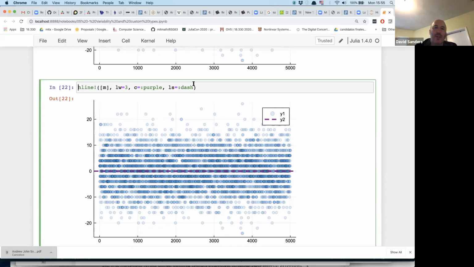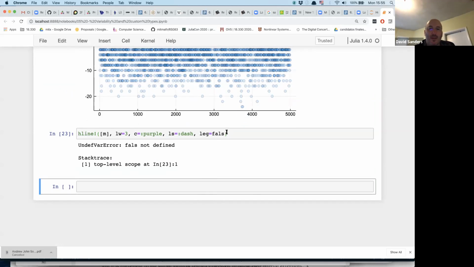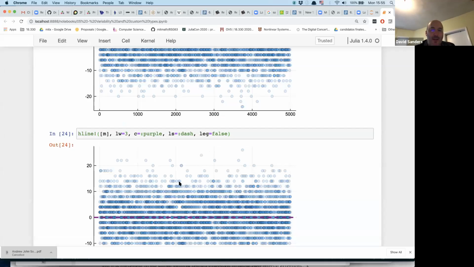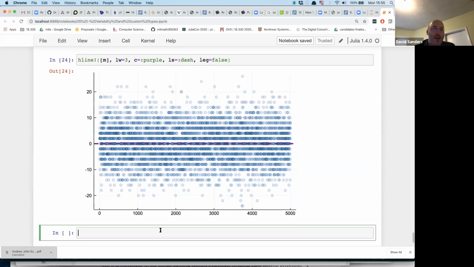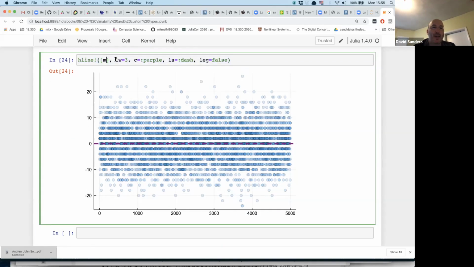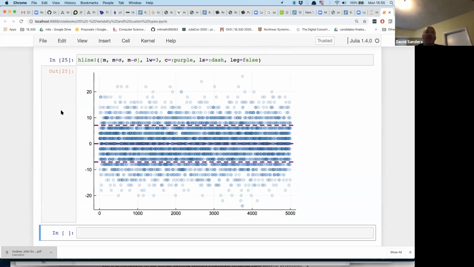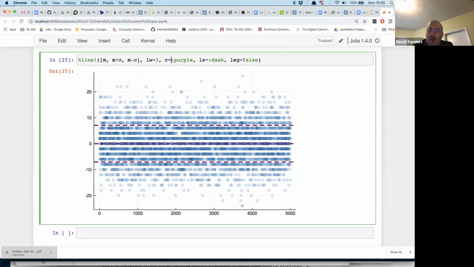Okay, so there's the mean. And now I know the standard deviation. I'm going to add that into these H lines, right? So M plus 1 sigma and M minus 1 sigma. It's going to draw lines at all of those points. And you can see that, yes, indeed, we are at... I could actually draw those in different colors, I think, if I give it different,